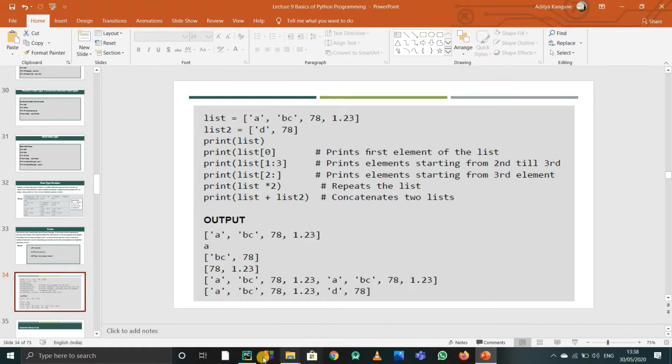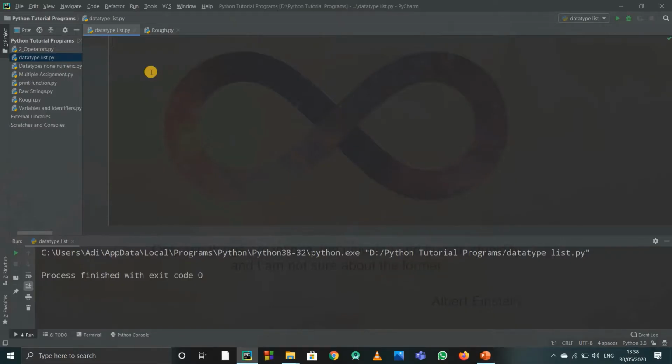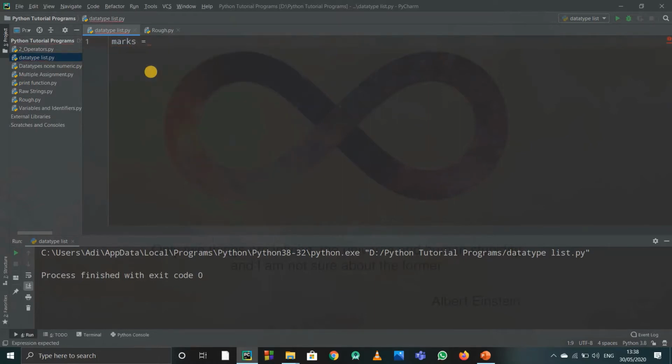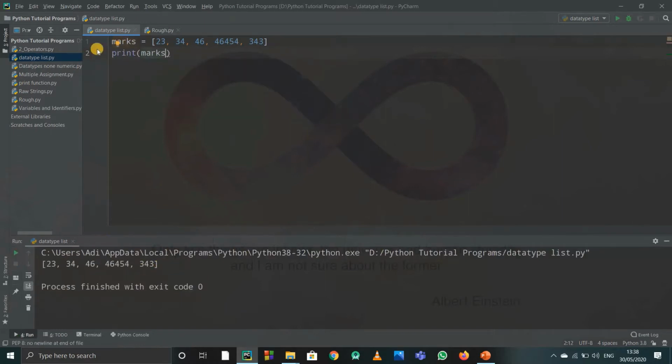Okay, so let us try to work on them. So suppose I am writing a shopping list, or instead of shopping, say I am writing marks list, because it is easy to type for me. So marks can be anything, 23, 34, anything. I am just writing random numbers for now. And see, you got these underlines because in English you need to write spaces after the commas. Okay, now there's no error. So now if I print out marks, what it will do is simply print out the whole list.